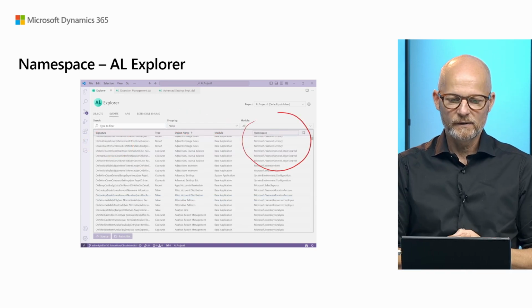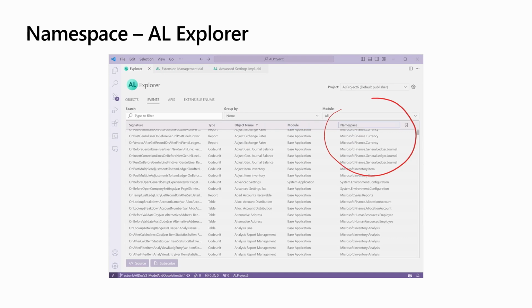We have also added namespace as a column, so you can also get some information about where this actually belongs. What is this object related to? It's good and valuable information. And this is a good segue to the next topic, AL Doc, because that's also about discoverability and